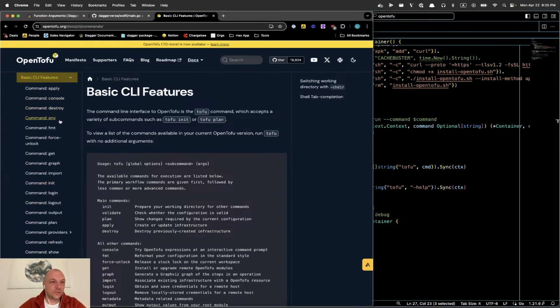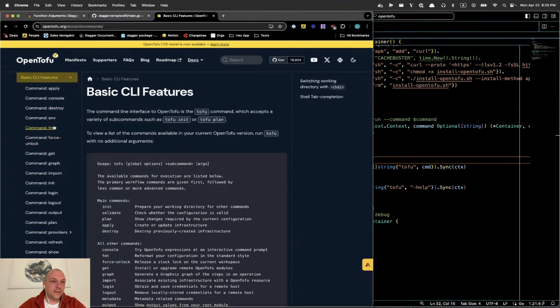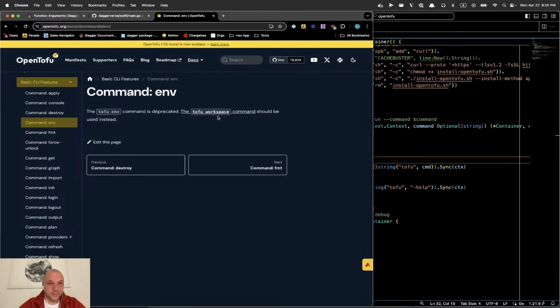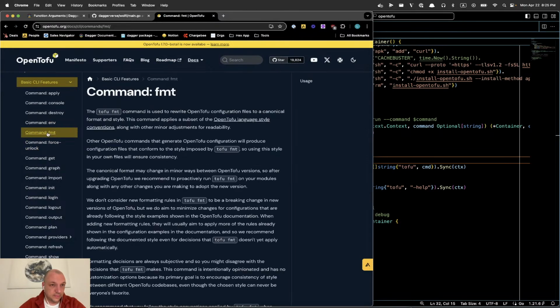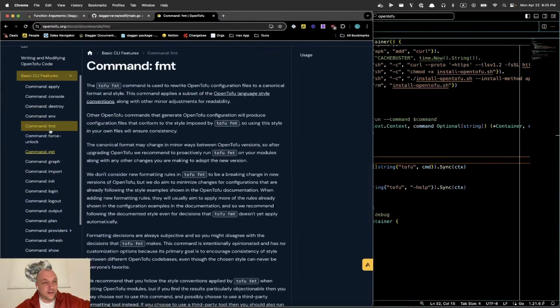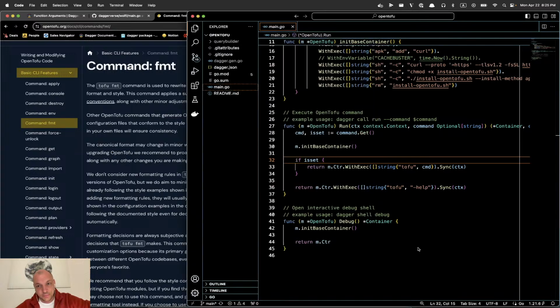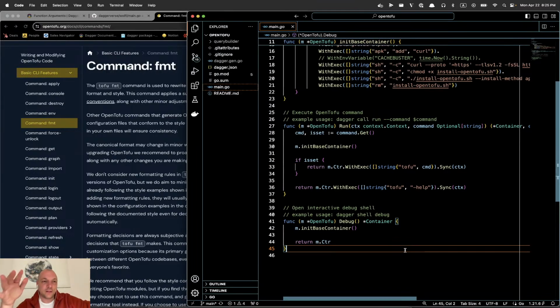Apply, console, destroy, end, format, etc. And these also take other arguments, I think. I'm assuming they take other arguments. So the idea here is that instead of re-implementing every single thing that this CLI can do as a Dagger function, which is probably the right thing to do long term,